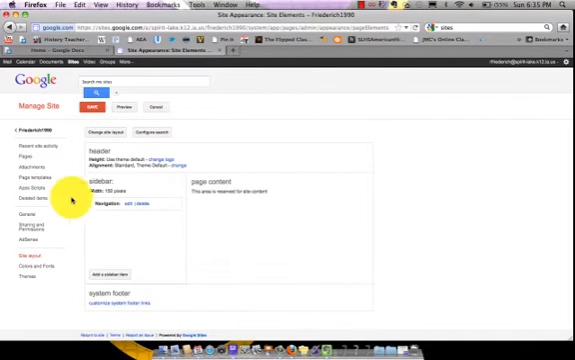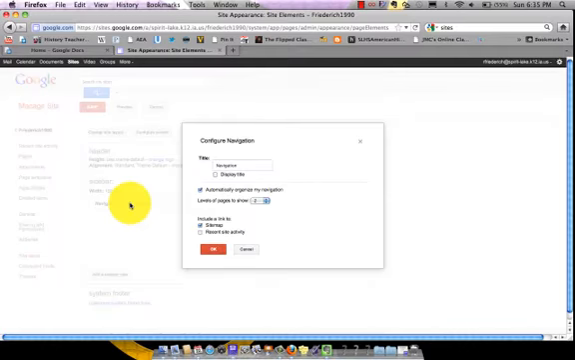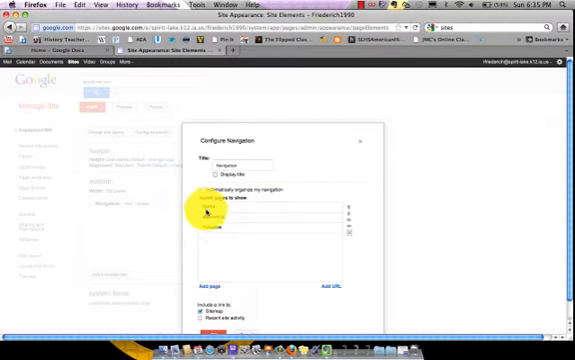Automatically organize my navigation. That's what it's doing right now. It's automatically organizing it into alphabetical order. You want to uncheck that, and then it gives you the options to move them. So if we want our timeline page to remain at the top, we just select it, click the up arrow,